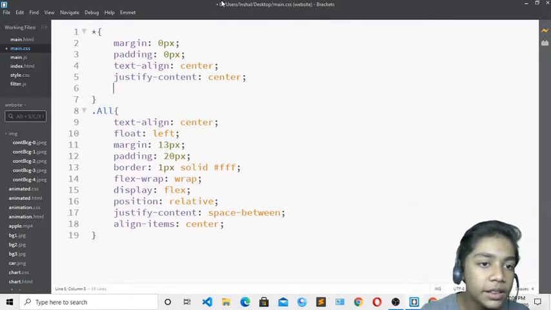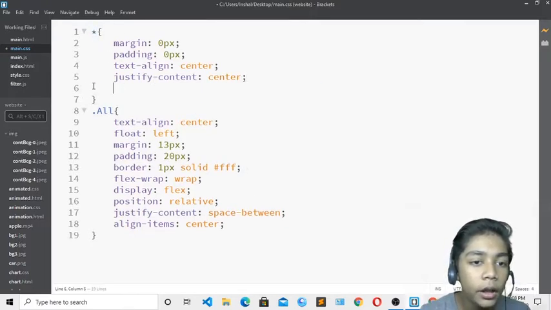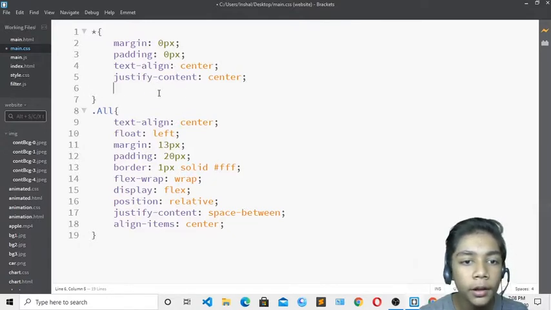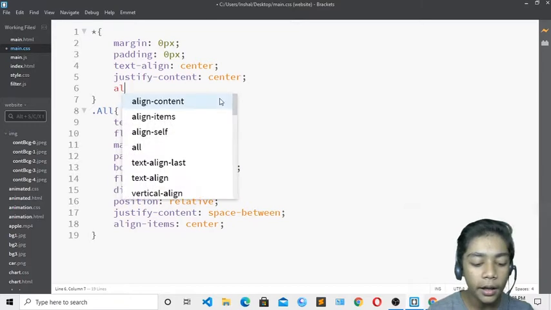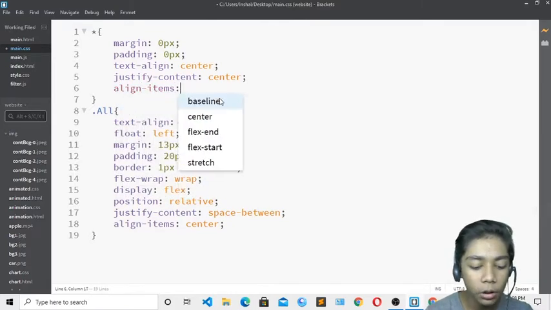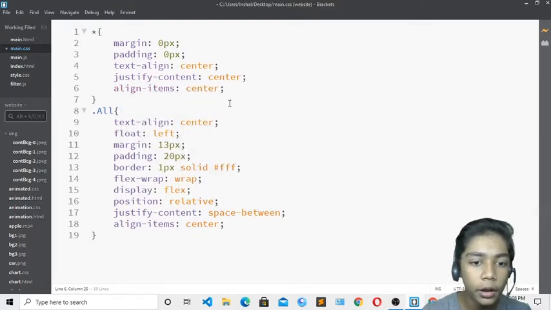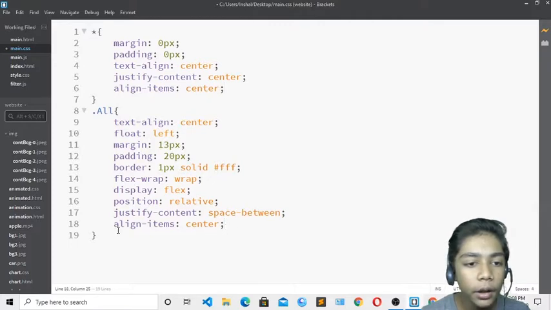Because this tag, this slash, means that you are defining all the things which you will write in your HTML code. So I want all things and all the images to be center, because when I showed you the demo, all these things were in center. So I have taken it into center, and I will also write align items, and these align items should also be center. So I will write like that, and now when you have done that, come underneath that.